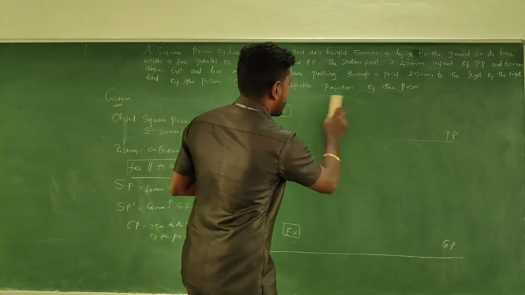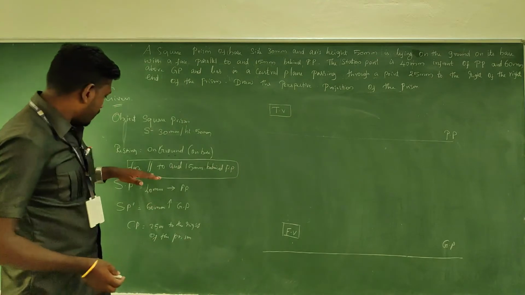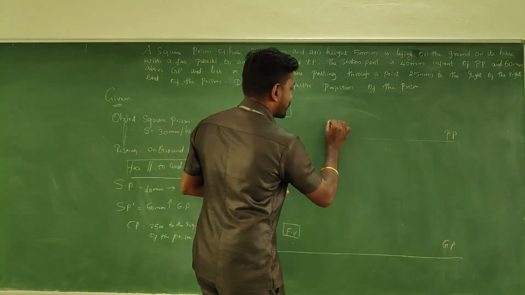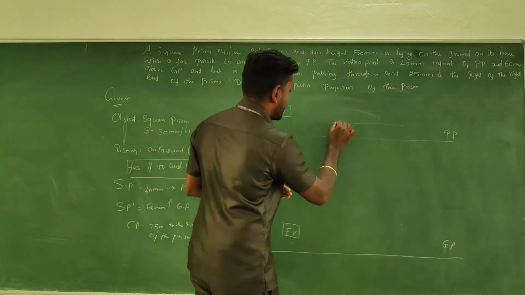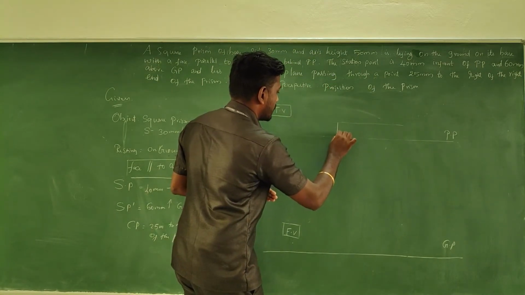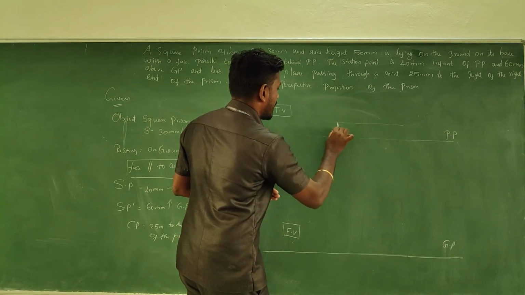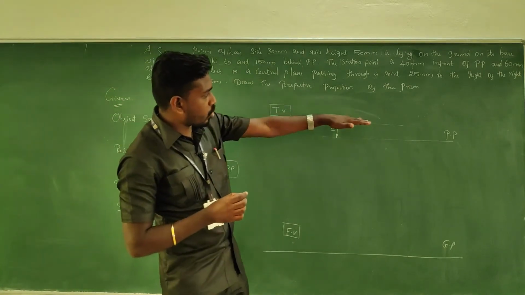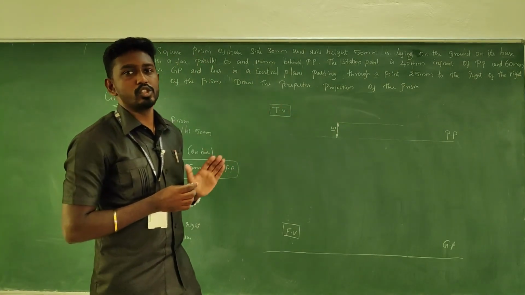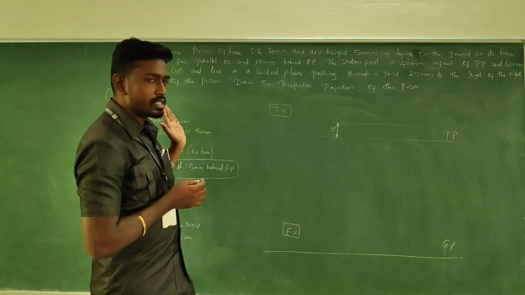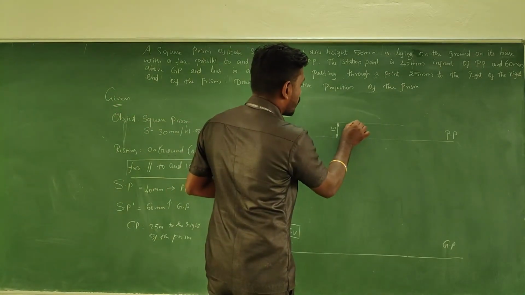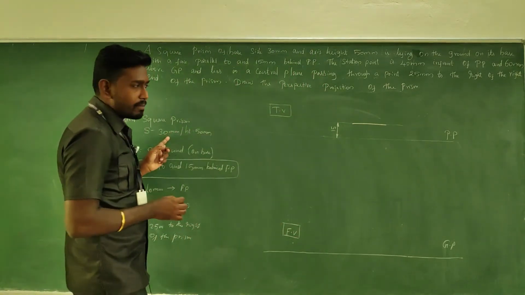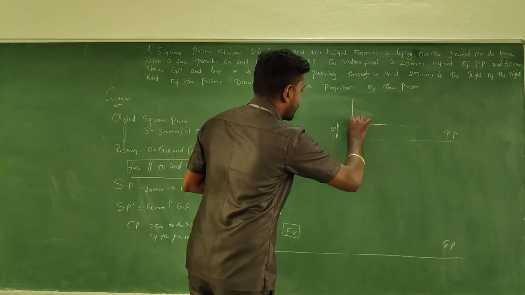See here, the condition is 15 mm behind PP, so behind means above, am I right? So first take a locus line with a measurement of 15 mm behind PP. And then on this locus line of 15 mm, we can draw the square. So first go for a dark line with a measurement of 30 mm and have a vertical line.